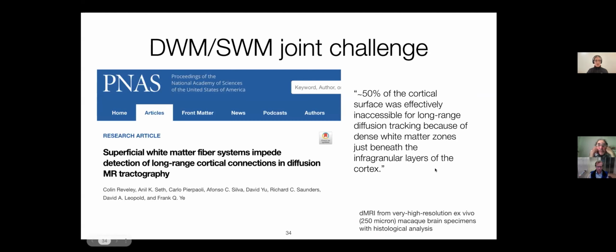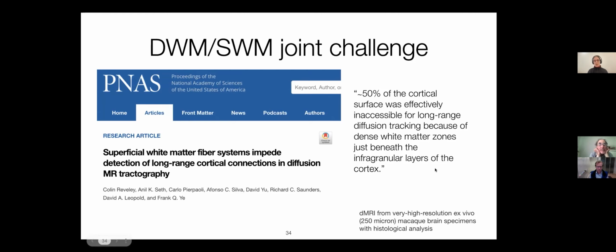However, there's another challenge here, and this is a joint challenge between deep white matter and superficial white matter as far as tracing and mapping their anatomy. An article came out relatively recently, in the past 5 years or so. The title is Superficial White Matter Fiber Systems Impede Detection of Long-Range Cortical Connections in Diffusion MRI Tractography. Their main finding is that when they did very, very high resolution, 250 microns, so 0.25 millimeters, much higher than the previous images you saw,